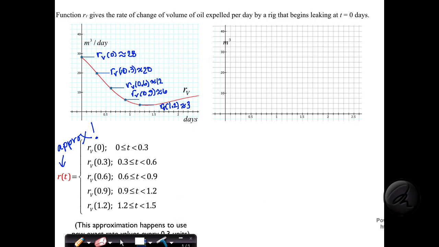if I wanted to graph the accumulation that happens here, that's when it might be useful to think about the number. So just approximating our approximation. We have an approximate rate function, and then there are these approximate values that we're using also. So this 28, I just made up 28 because it's between 27.5 and 30. But if I say that this rate is 28 cubic meters per day, and I'm going to use this for